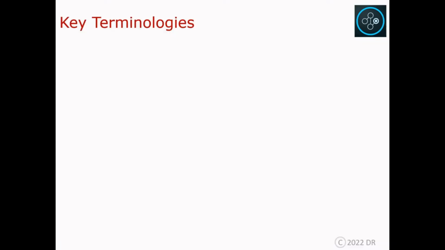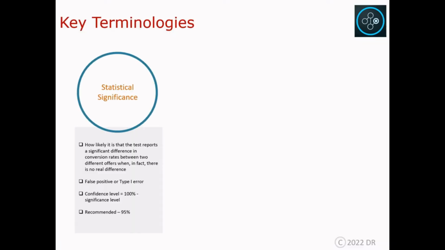So the first term that we are going to discuss is statistical significance. Now statistical significance is basically your false positive error, right? And confidence level is defined as 100% minus the significance level, right? So when we talk of confidence level, if we say confidence level is 95%, it means that every time you do this test, there is a 5% chance of detecting a statistically significant lift even if there is no difference